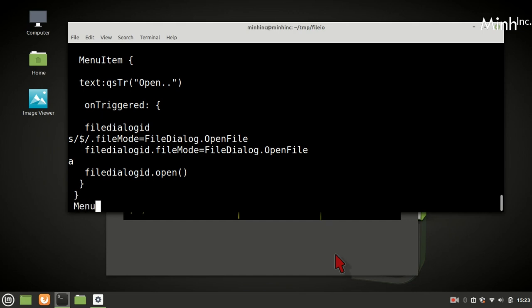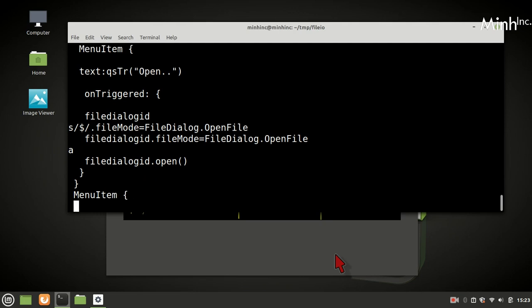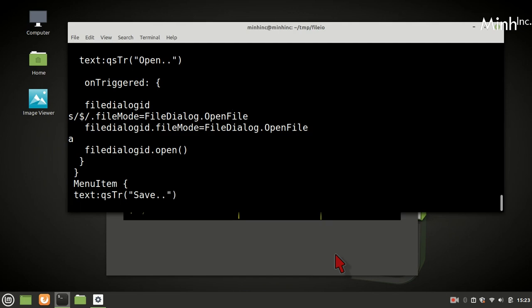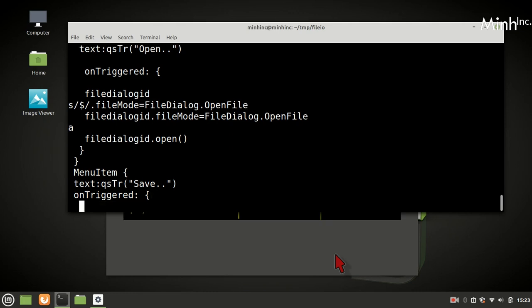We'll have another menu item, and text would be save the file, on triggered file IO ID.